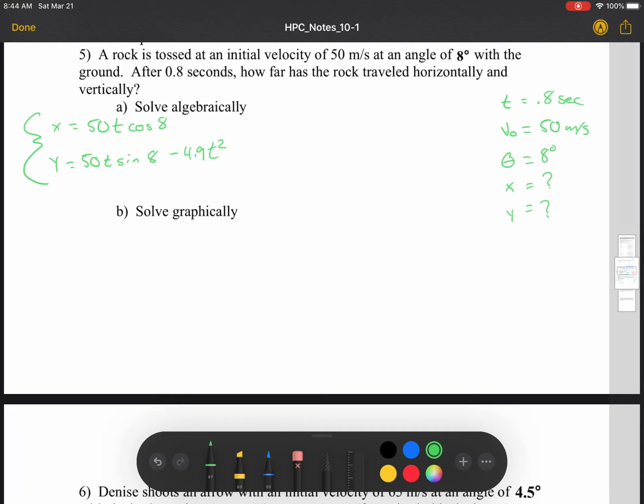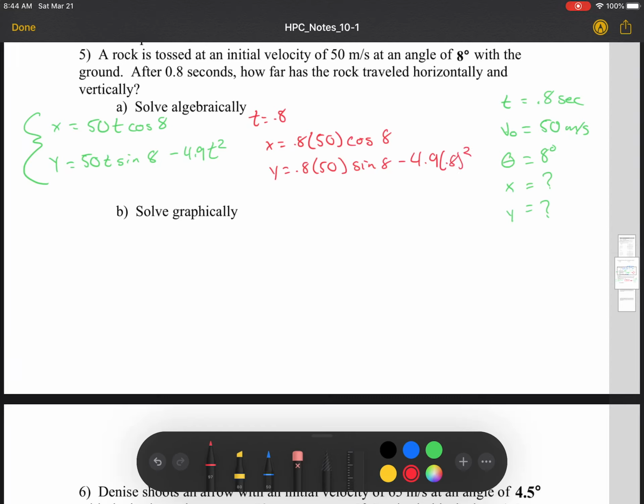All right, so we have our equations now. We are trying to find out our x and y, our horizontal and vertical distance, at t equals 0.8. So all we're going to do is plug in 0.8 for t. When we do that, we should have x equals 0.8 times 50 cosine of 8. We should have y equals 0.8 times 50 sine of 8 minus 4.9